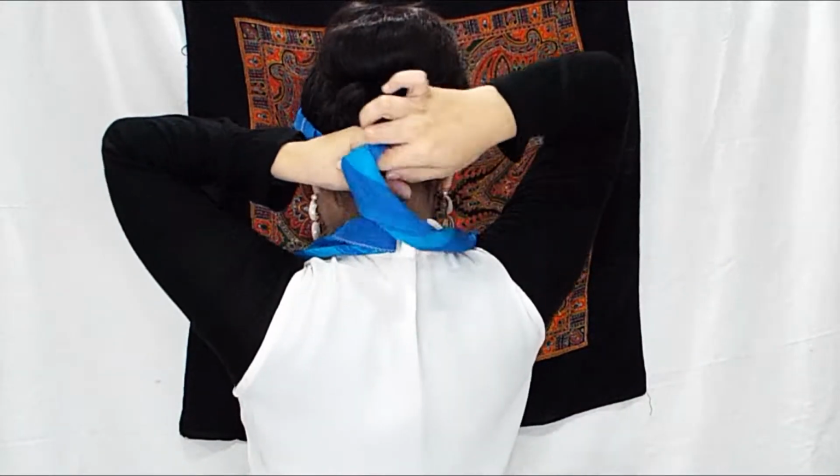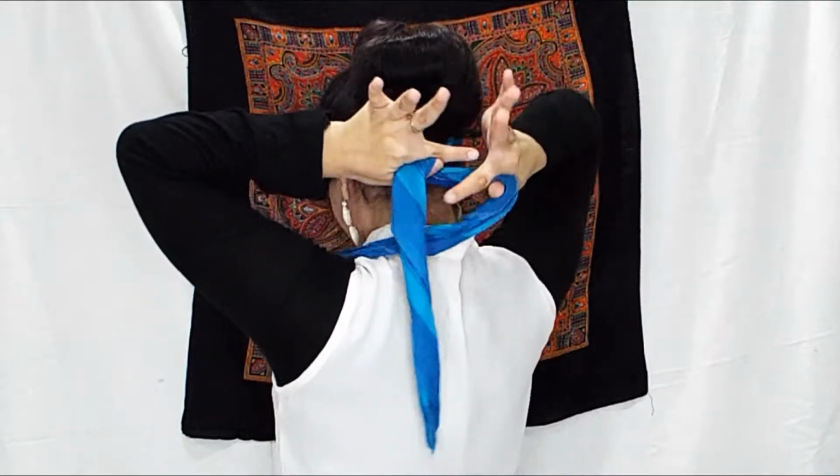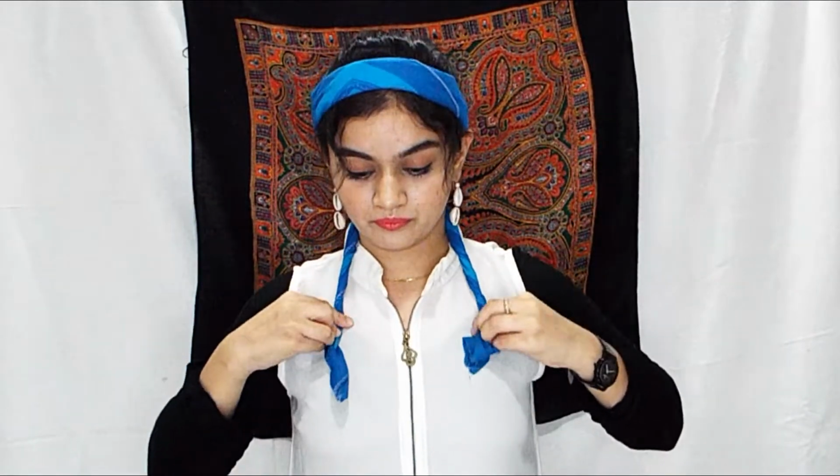Now take the bandana and place it just here and twist it. You need to twist at the back and then twist it like this. And now we are going to just